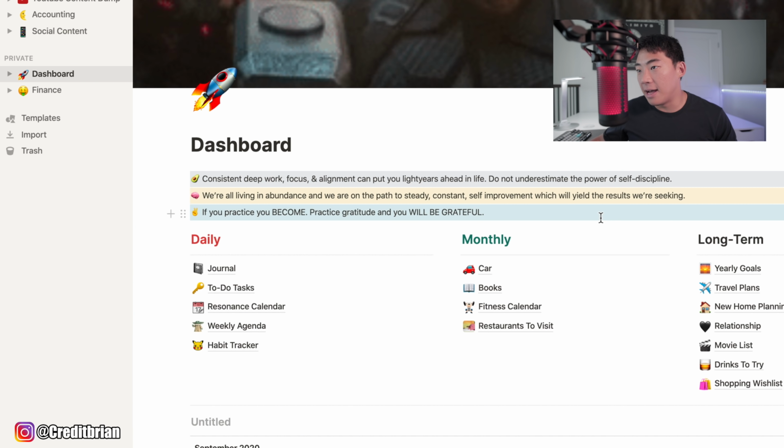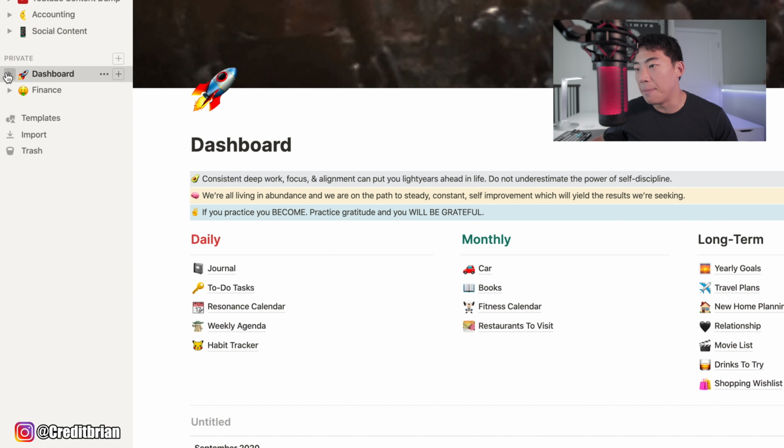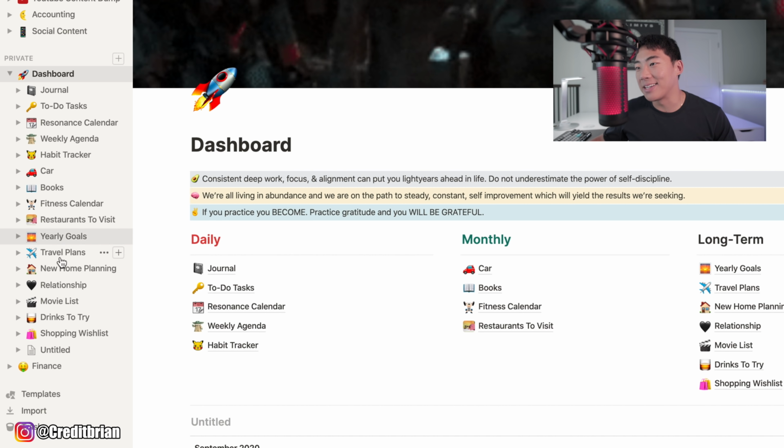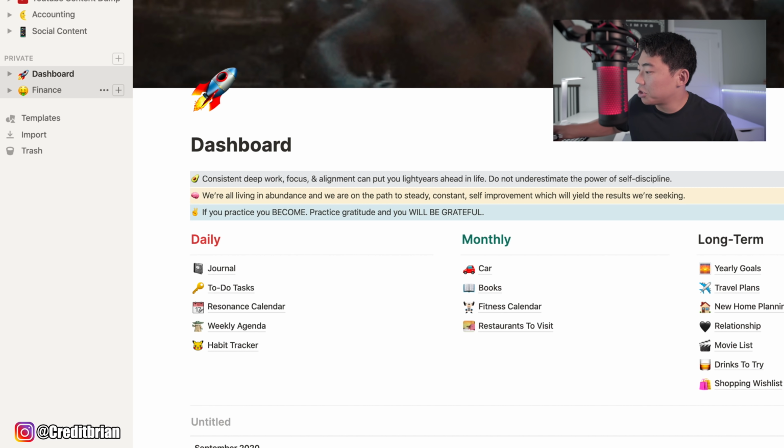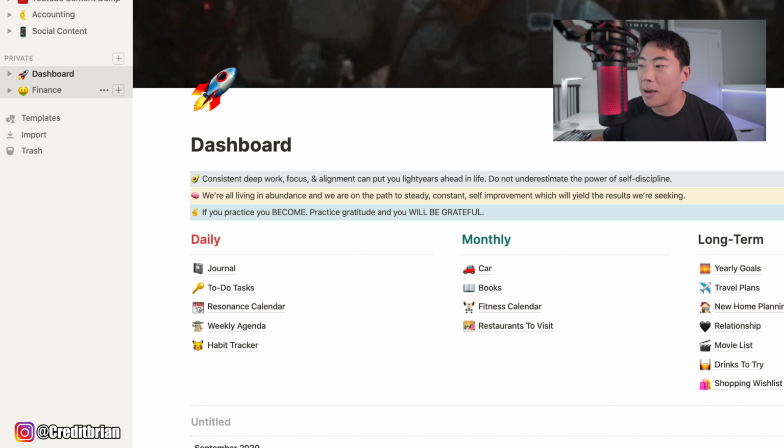Now, Notion is kind of like that. It's kind of like just one big notebook, but within that, if you look on the side column, I have many different aspects and many different little sub pages, is what they would call them, that pretty much allows me to organize this in a better manner.